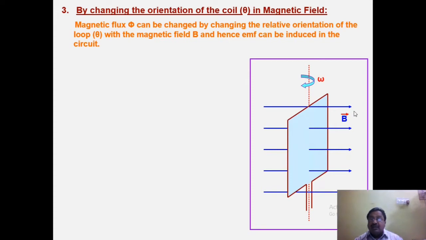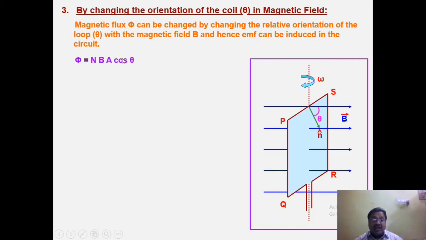PQRS rotates with angular velocity w, making an angle with B. How can you know what the angle with B is? You draw a unit vector n cap to the surface area, and that n cap makes an angle theta. So it is the angle between B and the surface area. If it consists of one turn of the coil or loop, then the flux associated with it will be BA cos theta. But if it has N turns, the flux linked with this coil due to the uniform magnetic field is